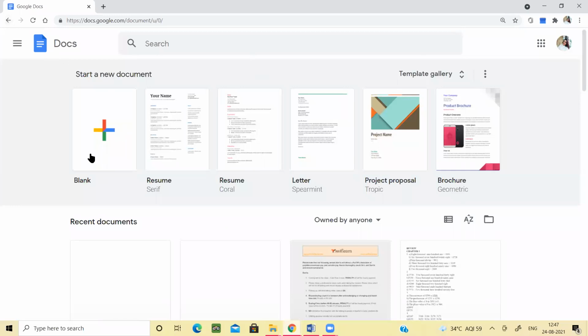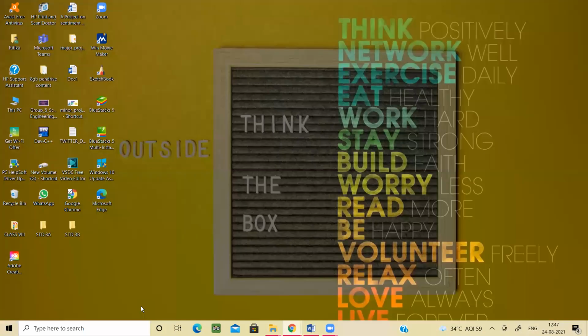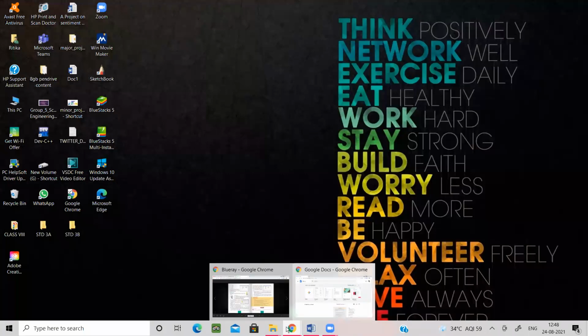Now these Docs are very nice. If you use it from a phone, you will see that the Microsoft Word app takes 69 or 70 MB of space. But Google Docs, the same kind of app, takes much less memory, 15 MB or something like that. When the app size is very small, you can do your work very efficiently. So for today, we are going to start the exercise.